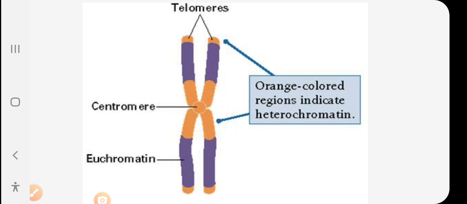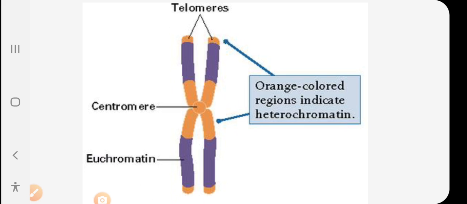up to a maximum level. So if the length of the telomere is more, the cell or the organism would be young because it can divide many times. If the telomere length is very short, that particular cell can divide only a few times. Then what will happen? After a few times the cell division is arrested. If the cell division is arrested, the cell matures and dies. So it leads to aging.